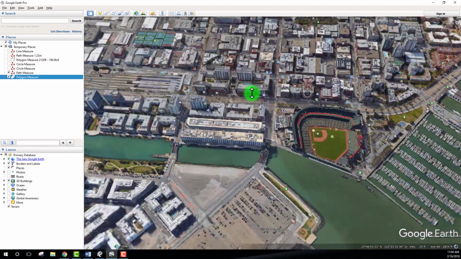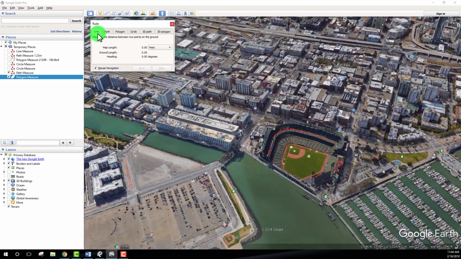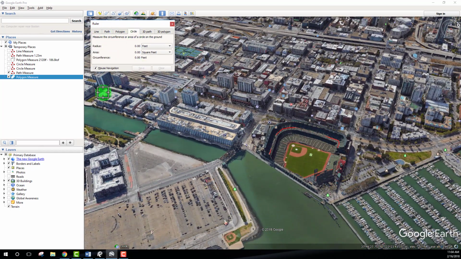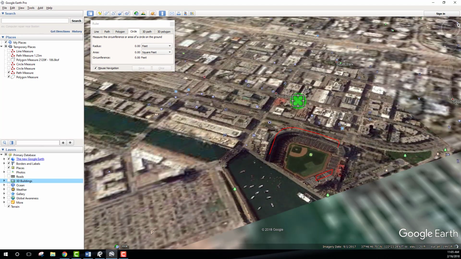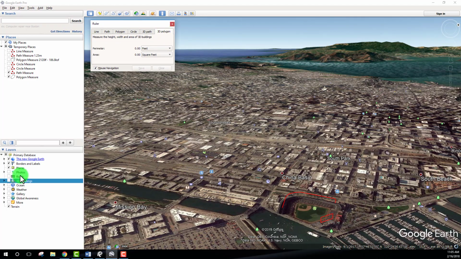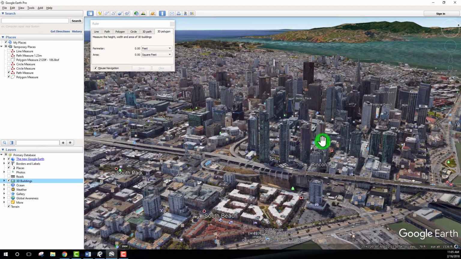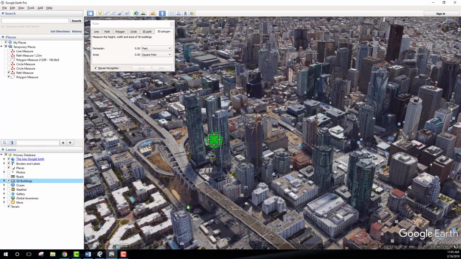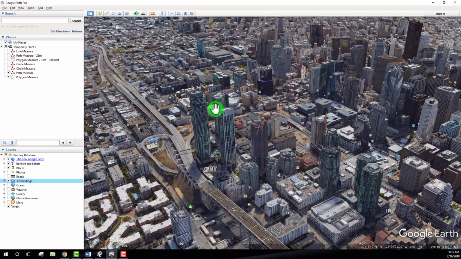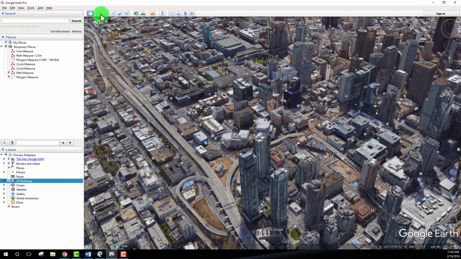Okay, so I think with that we've gone through pretty much all the different ruler input methods. So just one more time for clarity, the line, path, polygon, and circle are all based on clamping to the surface without having the 3D buildings turned on. And then the 3D path and 3D polygon are our measurements for actually snapping to certain features based on this terrain mapping. So, okay, one last measurement tool that I want to talk about here is the actual Placemark tool,